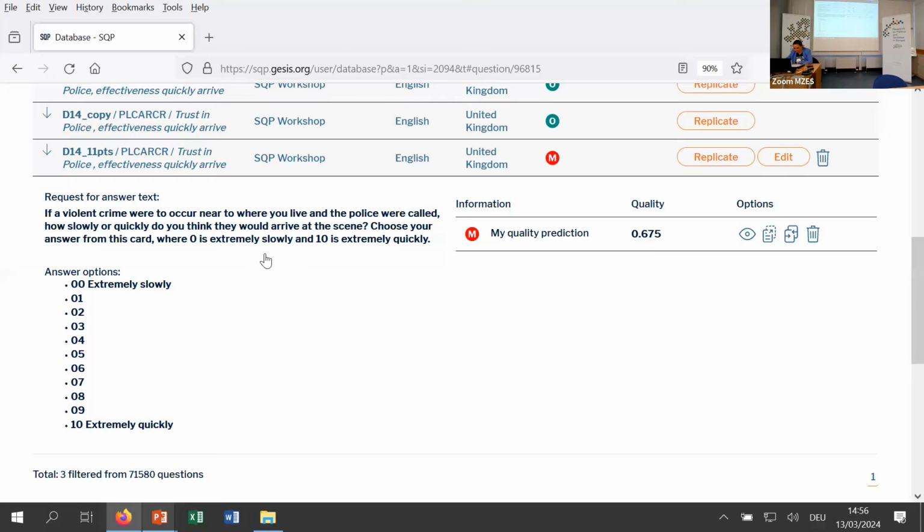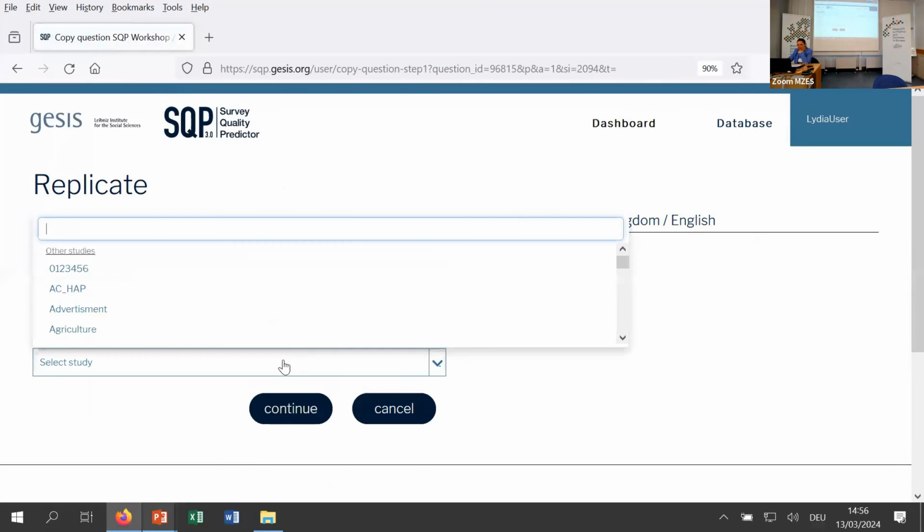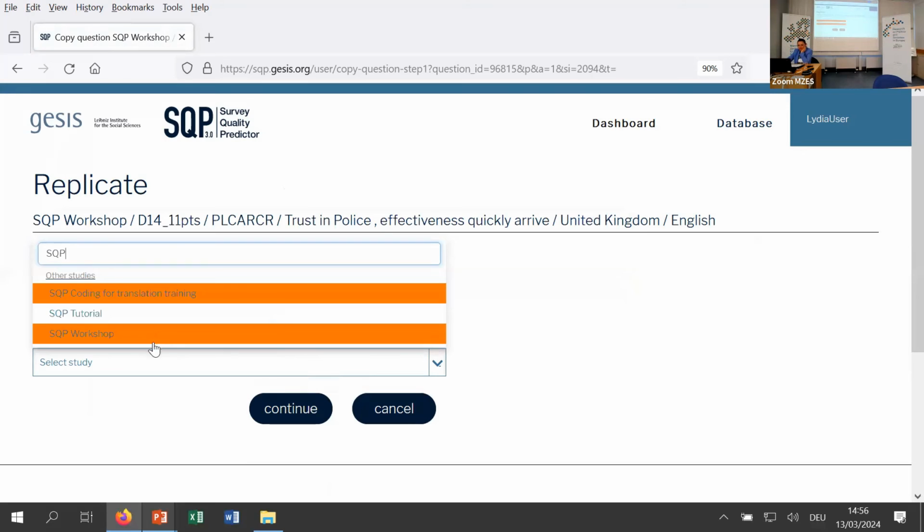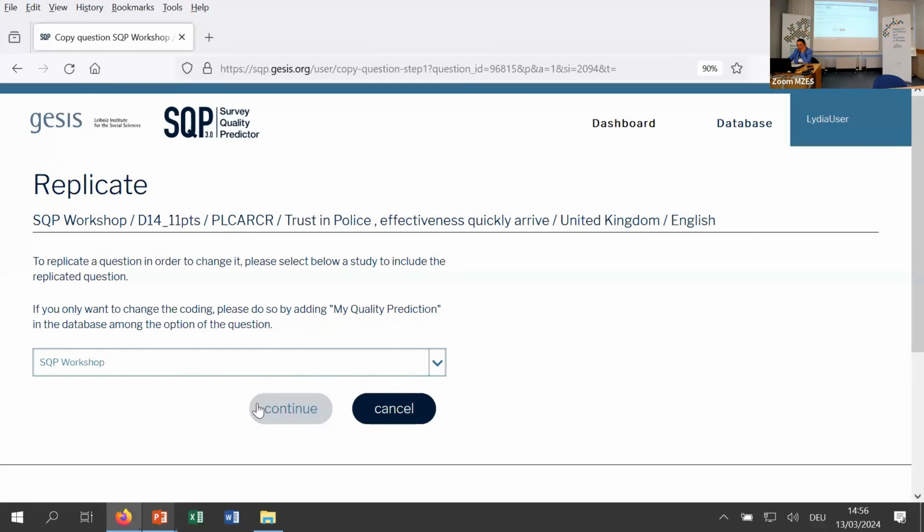Now, what I would like to do next is we have now this original item in here in our study, and now I would like to do it again, but change it and turn it into a 5-point scale. So I don't have to go back to the original one. I can just replicate the item I already have in here. So I click replicate. I select my study, SQP workshop, continue,